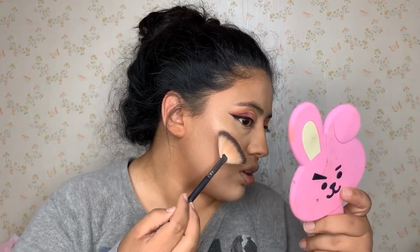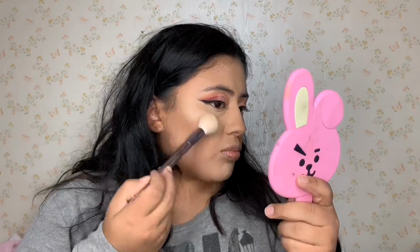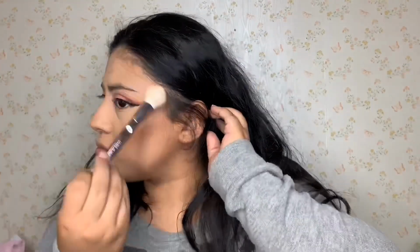Okay, hold on, what? I'm super impressed with this highlighter. Like, what? Y'all, I can't believe I don't use this enough. Like, I might have been going a bit crazy on it because it did go a little bit low, but